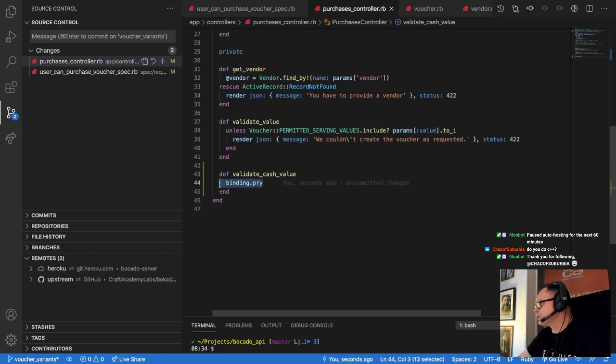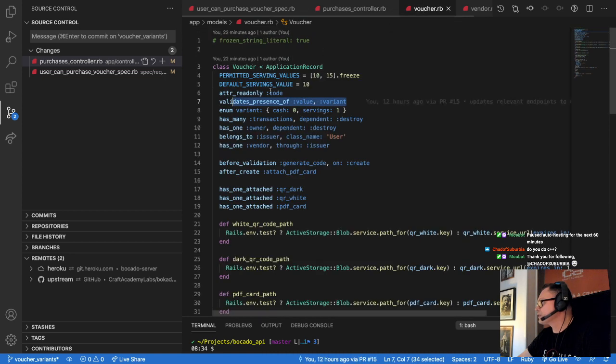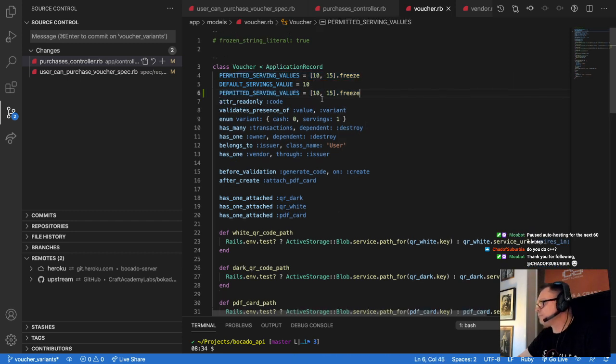So, you can say unless, and yeah, so we can just say permitted cache value, and let's say 100, 150, and 500,